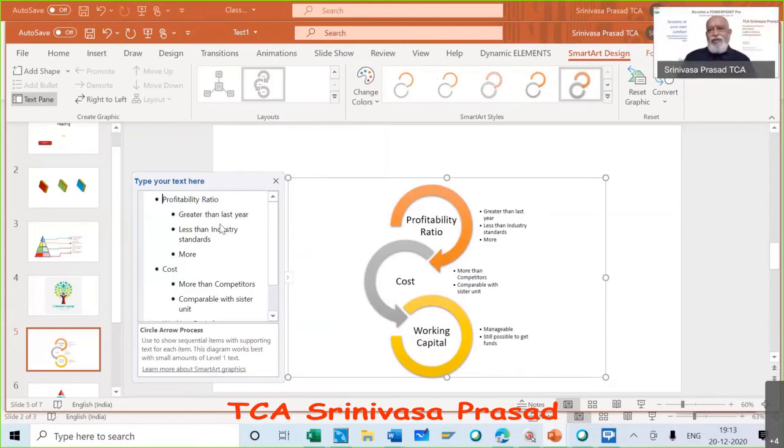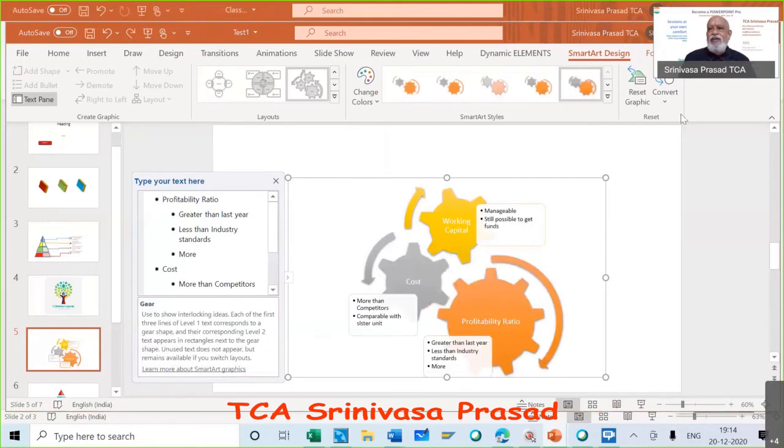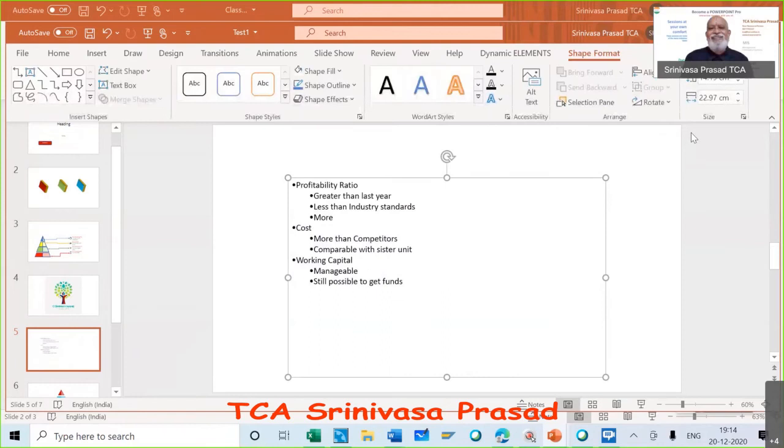Yeah. Now I am only giving you, what do you call, a door. The moment you get into that SmartArt styles, the colors, the combination, whatever you want to do, you will be able to do. Instead of simple bullet points, a simple bullet point converts to text. This is your slide. This slide everybody in the world does, isn't it? Yeah, right, sir. Whereas this group of smart CMAs will work in a different way.